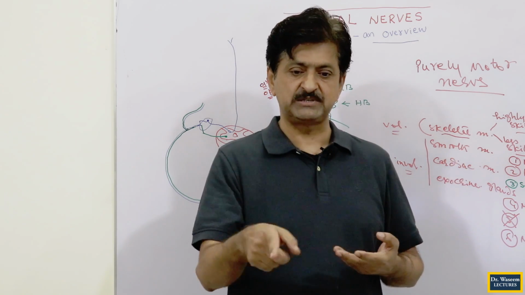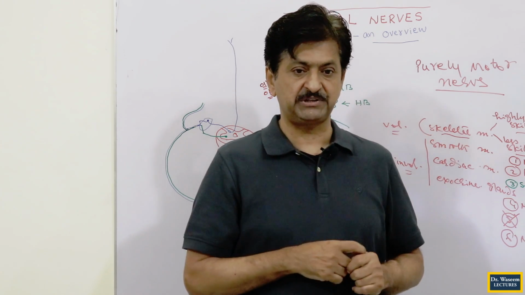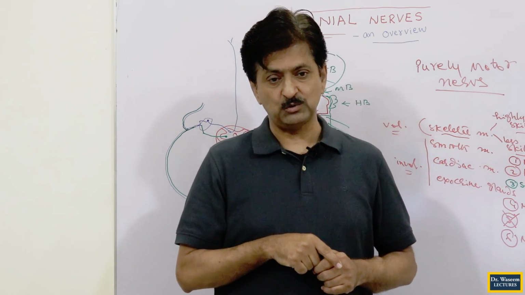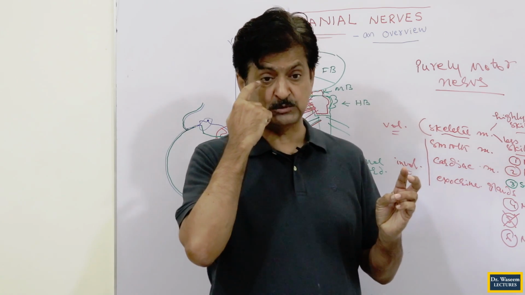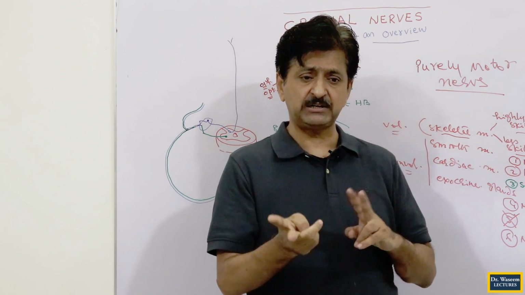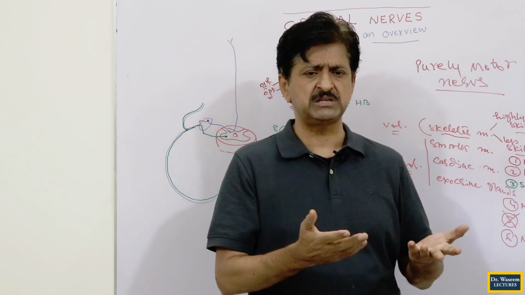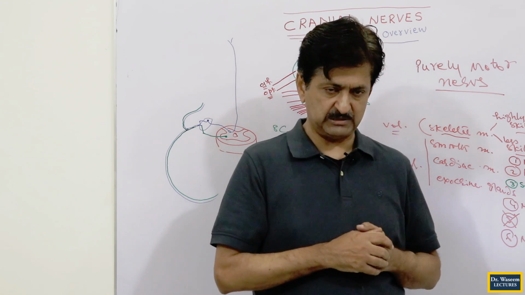Dilator pupillae will be supplied by sympathetic, constrictor pupillae or sphincter pupillae will be supplied by parasympathetic, and inside we have one more muscle, that is the ciliary muscle, again by parasympathetic. So out of these 4 muscles, ciliary, sphincter pupillae, dilator pupillae and levator palpebris superior is Muller's muscle. Out of these 4 muscles, 2 by sympathetic, 2 by parasympathetic, and you will calculate by yourself in emergency which 2 muscles you require. That is why sympathetic, remaining 2 for parasympathetic.